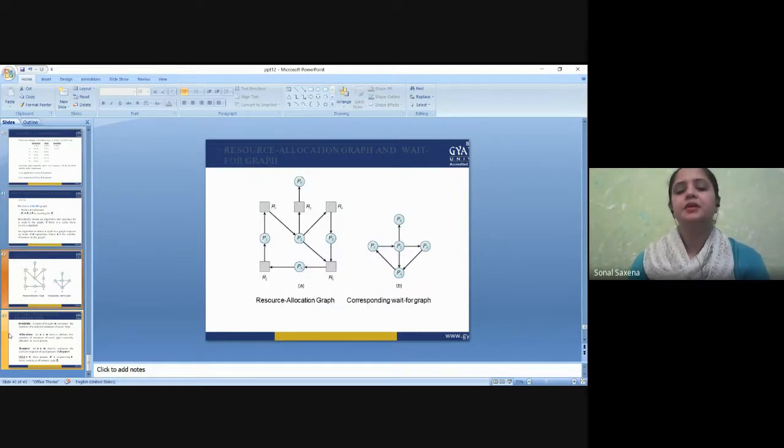Similarly, here is the resource allocation graph, which we can use to show how the resources are allocated and how one process is waiting for another process to release the resources. This is the wait for graph. According to this wait for graph, we have made the resource allocation graph, which is showing the complete picture of which resource is particularly held by a current process. Like see, the resource R3 is currently grabbed by process P5, and P2 is in request of this R3. So once P5 is done with it, this is allocated to P2 process. So this is a complete picture of how they are working.